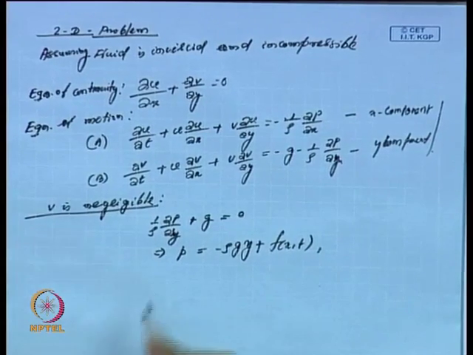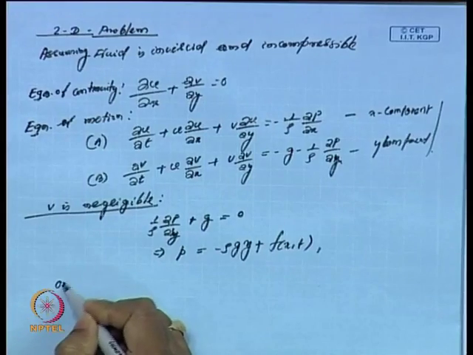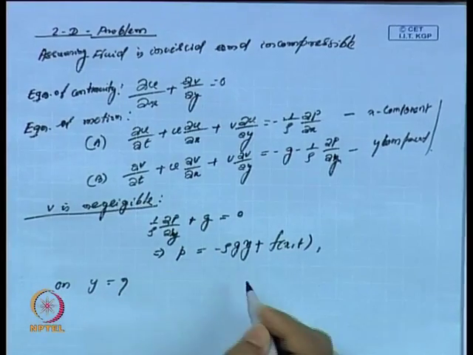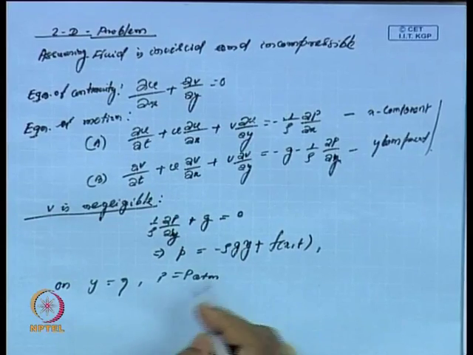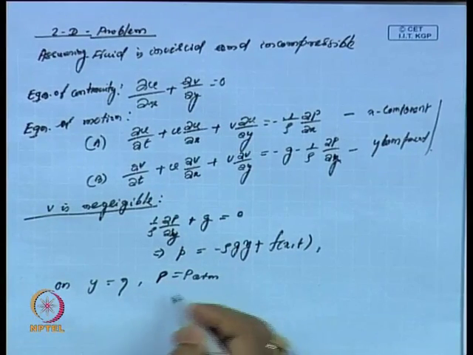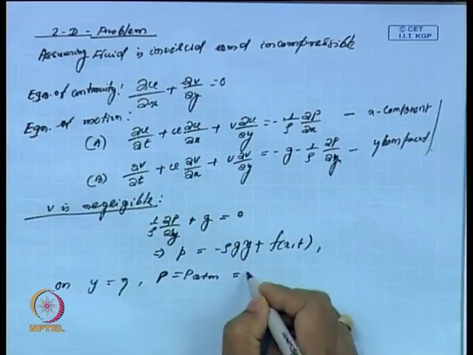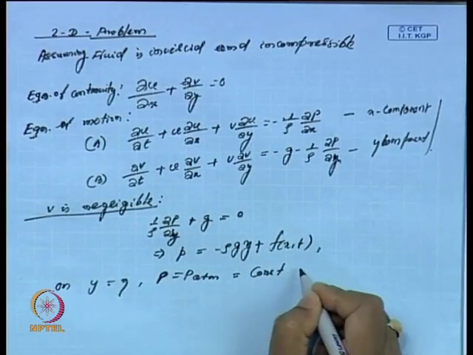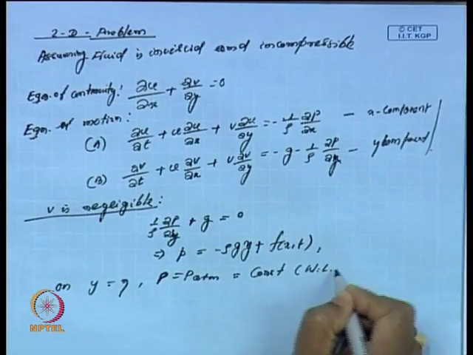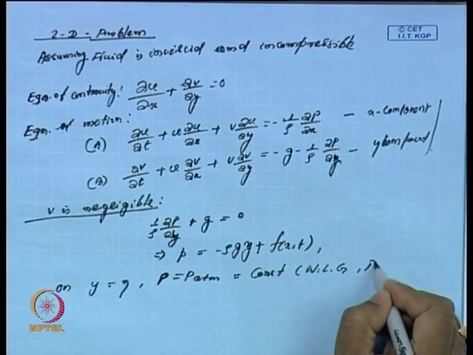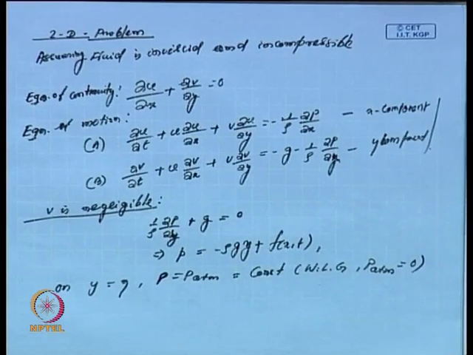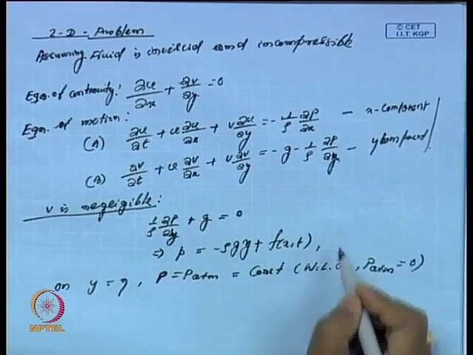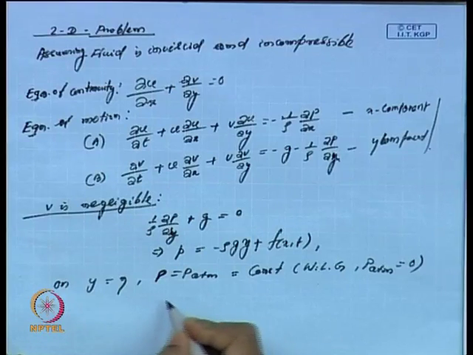So, in the process, on the free surface y is equal to eta, that is, on the free surface p is equal to p atmosphere, and this is our assumption. So, if p atmosphere is assumed to be constant, which can be taken without loss of generality, p atmosphere can be taken as 0, as we have done in the case of small amplitude wave theory. So, from this assumption we get